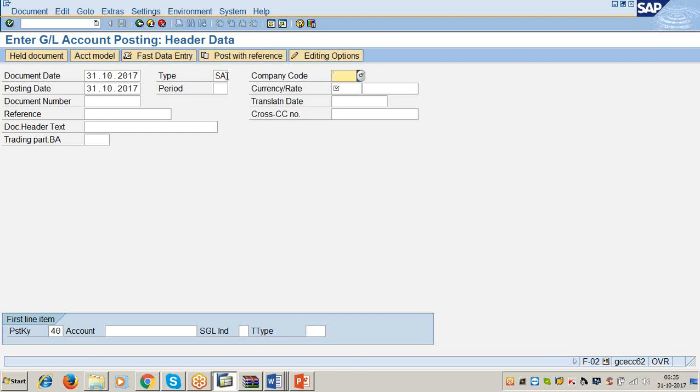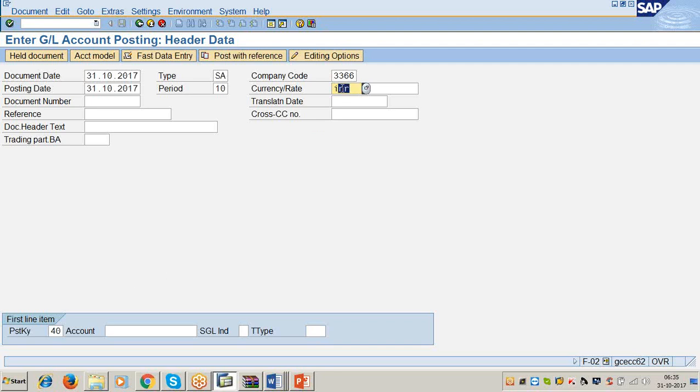Company code 3366. Posting date 31/10/2017. Period 10. Currency INR. If you are doing the practice with an Indian company code, you have to enter the currency US dollar. It means we have incurred the business transaction in this currency.